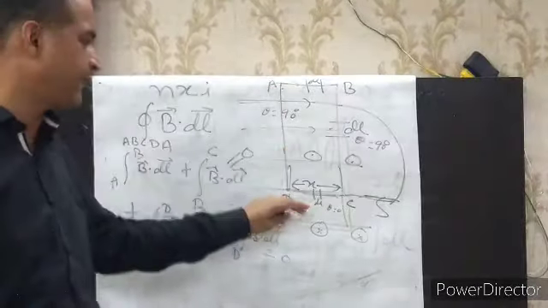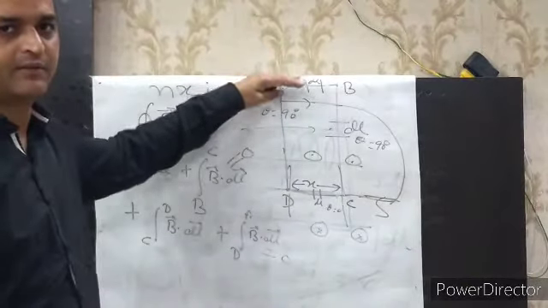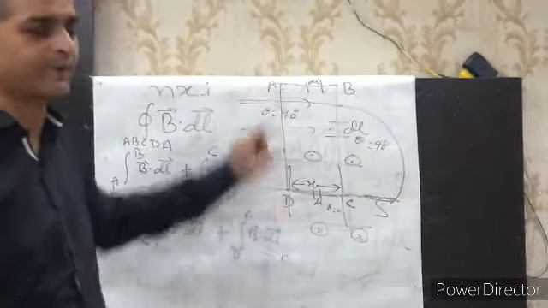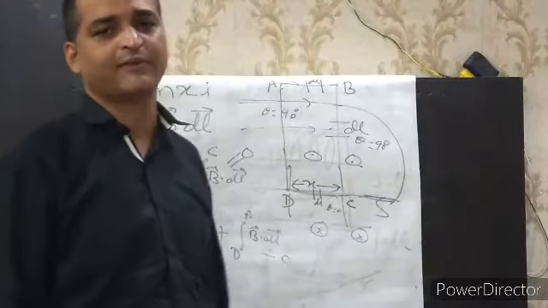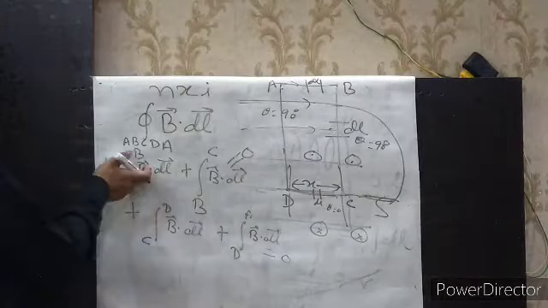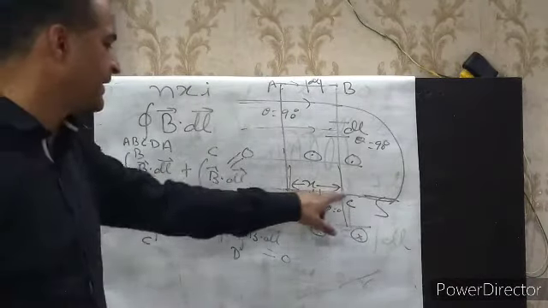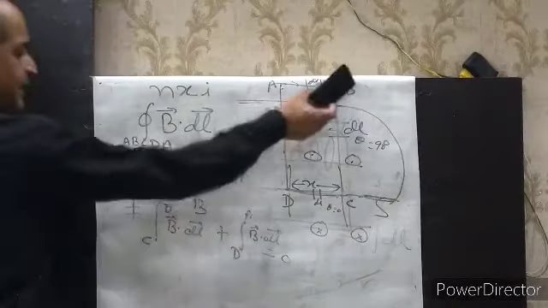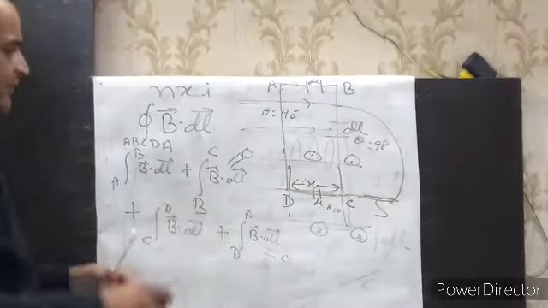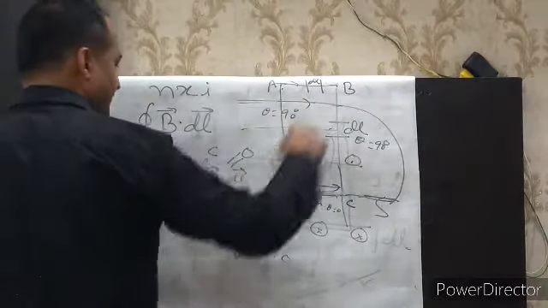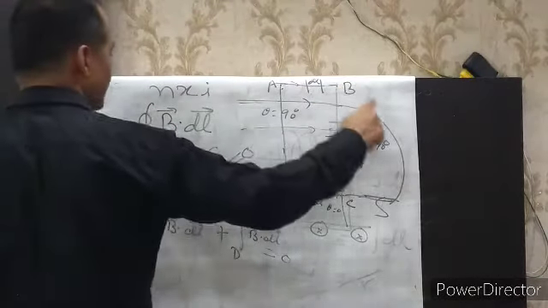Since A to B is far away from the solenoid, we have taken this loop and this is the solenoid, and it is far away from the solenoid. Then the magnetic field far away from the solenoid is negligible, so this is also 0. Then we have only C to D. This other term is 0 because theta is 90 degrees. Again you can see the magnetic field is like this, from north pole to south pole.